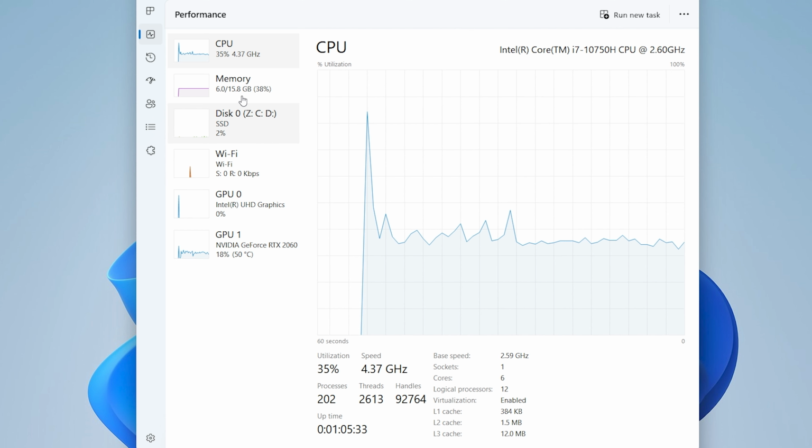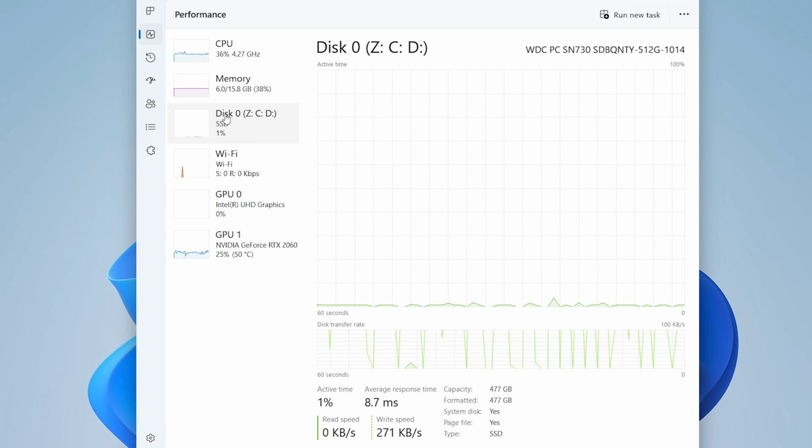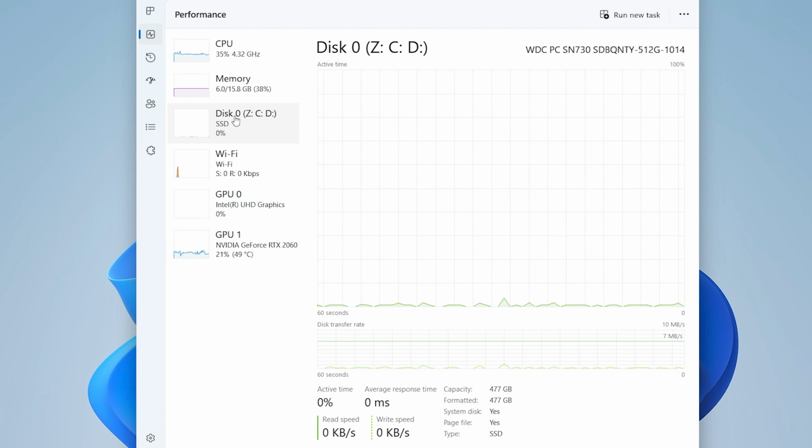After that, click on memory, which will show you the total amount of RAM installed on your system. I have 16 GB of RAM, and these are the other necessary details about the RAM. Click on disk. I currently have a single SSD, so it says disk 0. If you have multiple disks, then it will add 1 after the disk, which means disk 0, disk 1, disk 2, and like that. You can see all the details required to disk in this section, and after that go